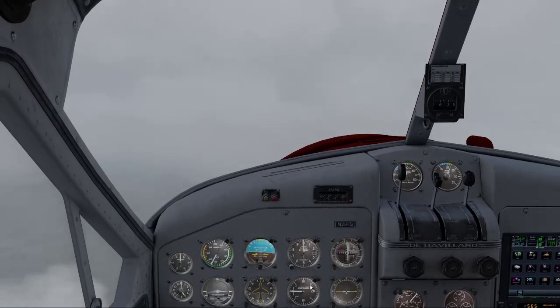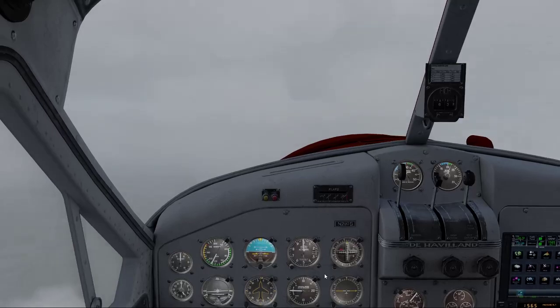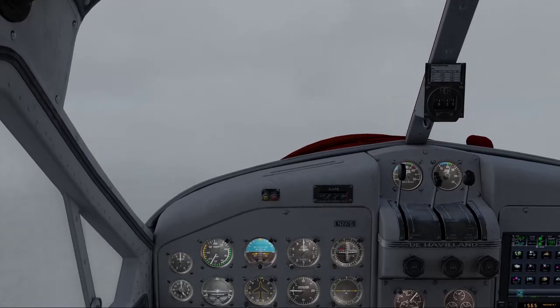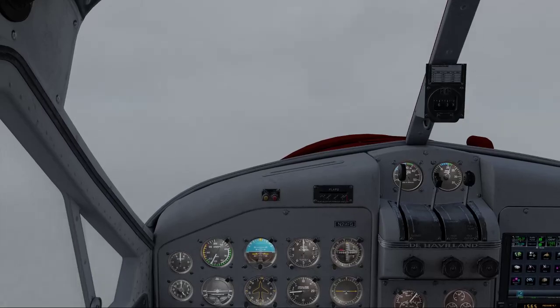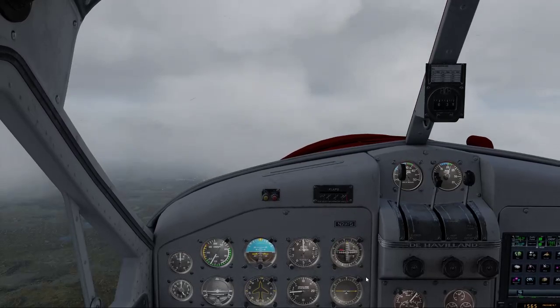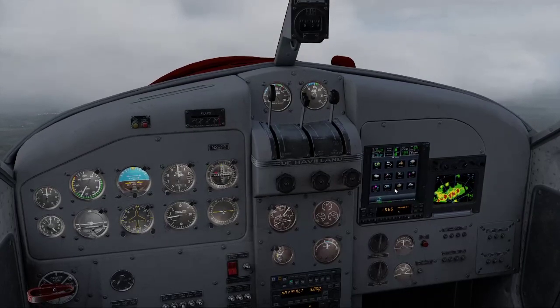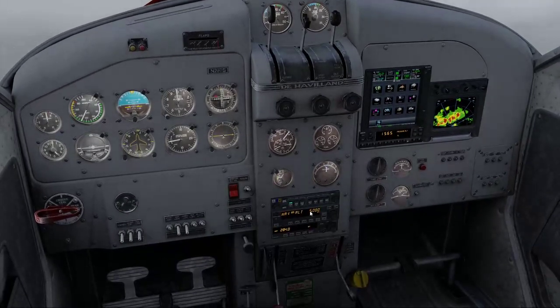Yep. All right, good to know. Like I say, I just don't fly this plane. I hand fly it almost always, so I'm not super familiar with the autopilot. And then every so often I've even used this, which kind of circumvents this, but